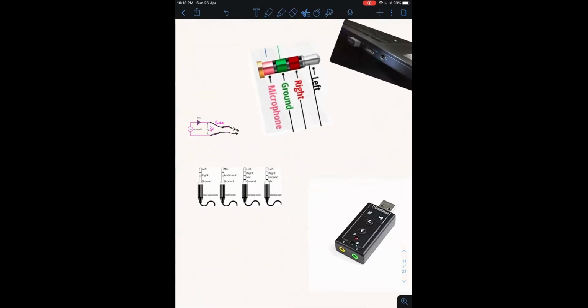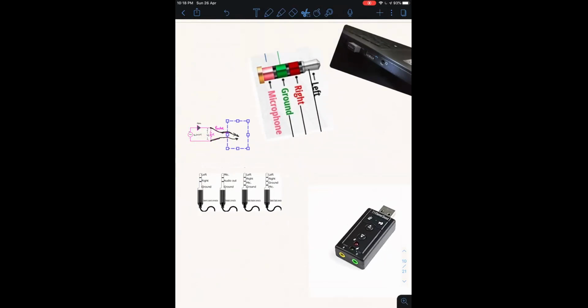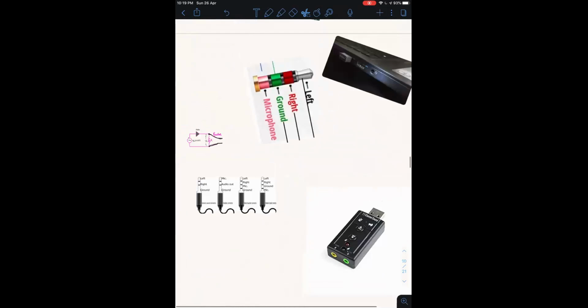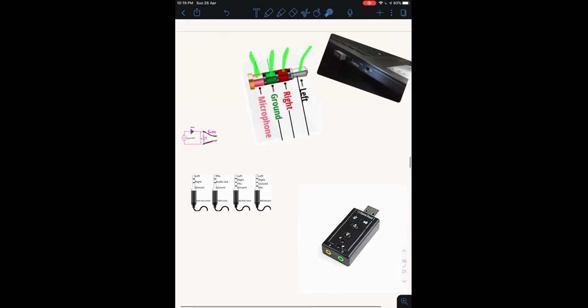The oscilloscope software that I showed you yesterday had two channels. Here, the audio jack also has two channels. You can see this is the ground terminal, this is the audio jack, and this is how the audio jack looks. There are four terminals basically. This is for the left one, this is for the right one, this is for the ground terminal, and this is for the microphone. So for our purpose we will be using these three.